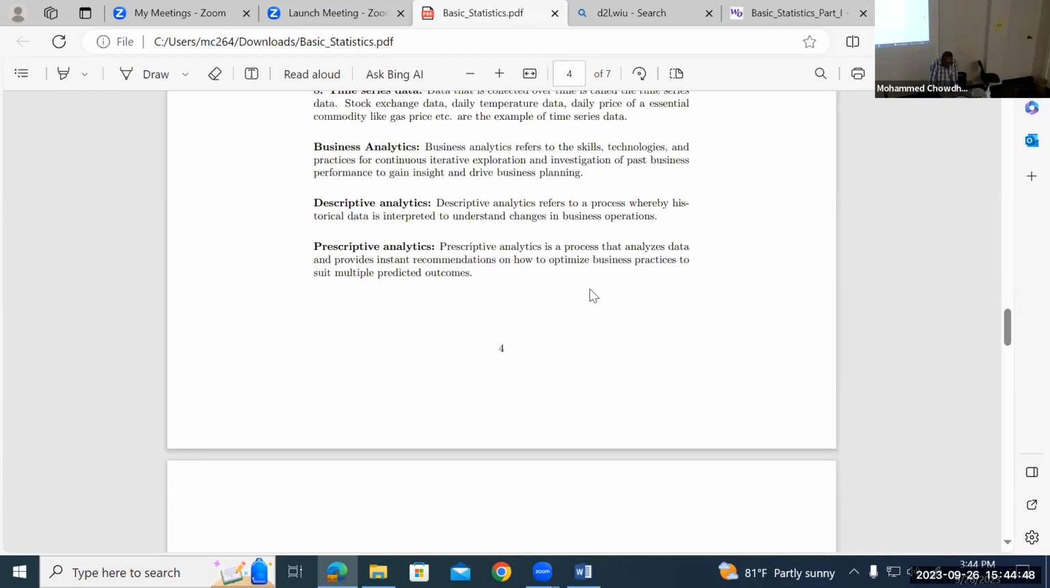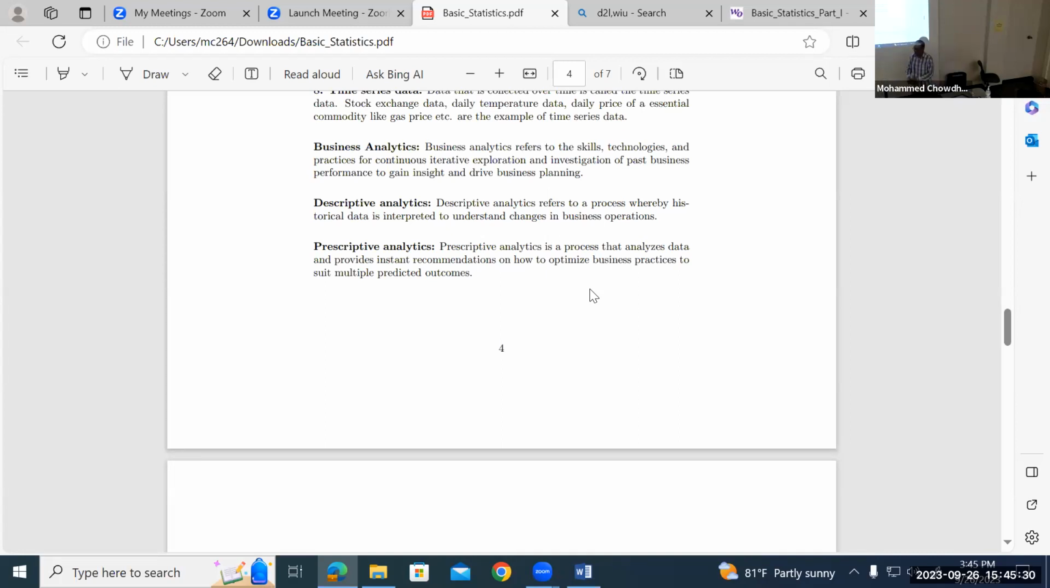What is the definition of descriptive analytics? Descriptive analytics refers to a process whereby historical data is interpreted to understand changes in business operations. Descriptive means I need a description, so in order to get the descriptions, you need historical data. From the historical data, I am getting these descriptions. So remember this. What is prescriptive analytics? Prescriptive analytics is a process that analyzes data and provides instant recommendations on how to optimize business practices to suit multiple predicted